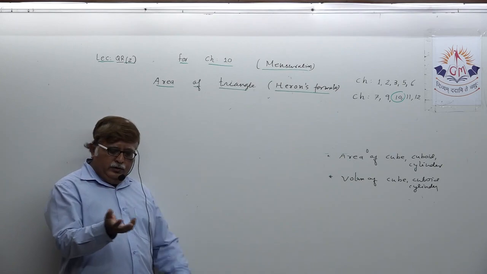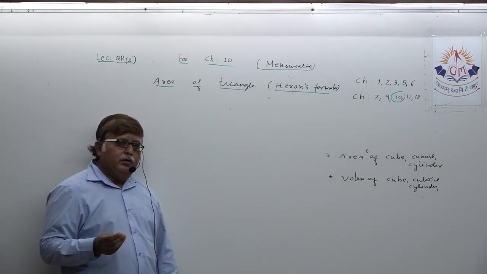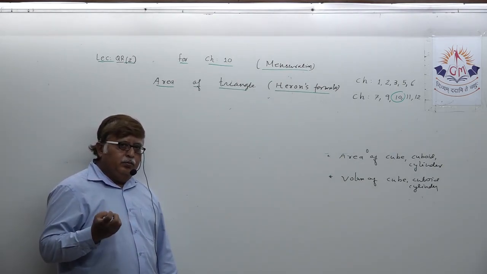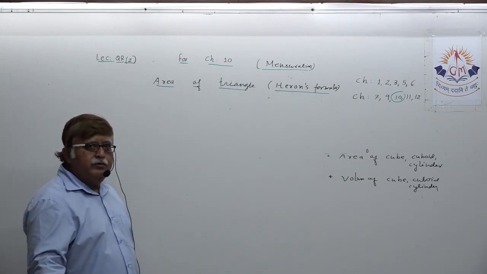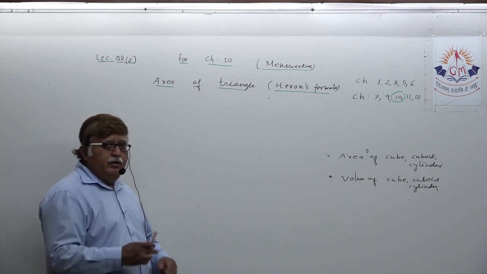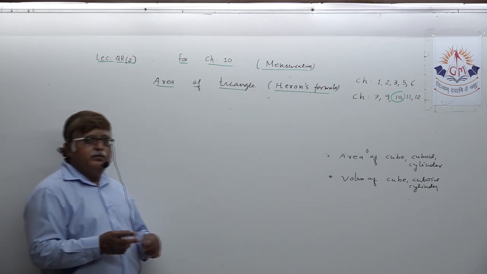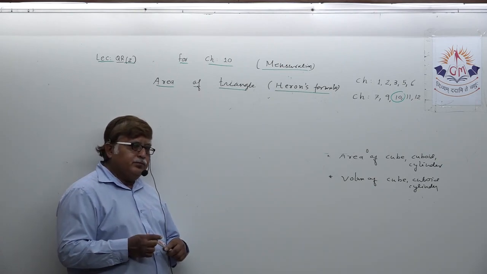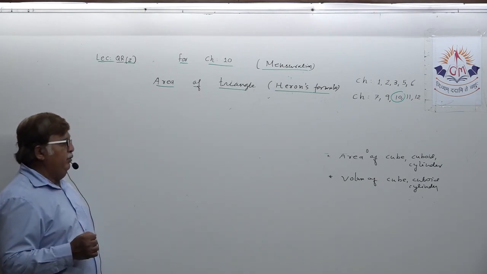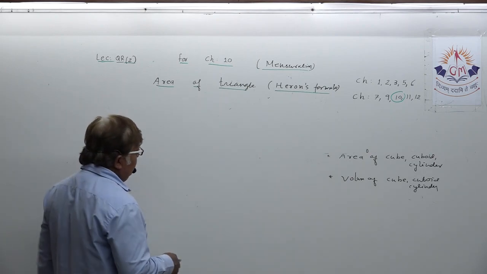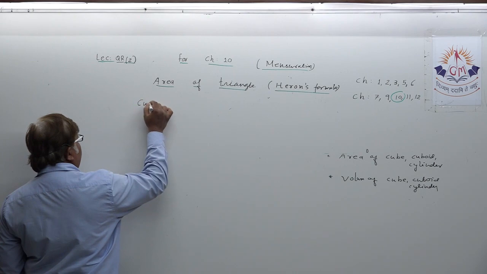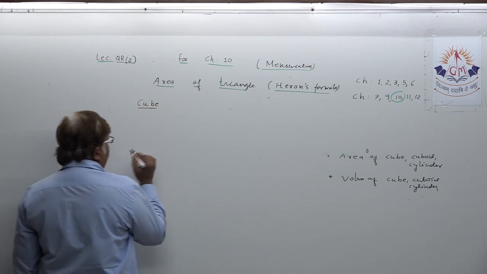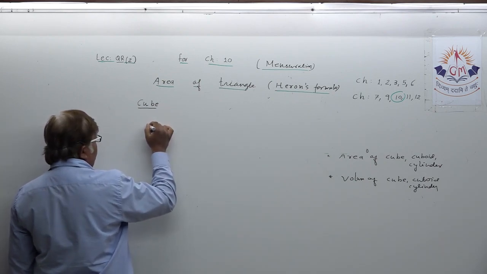What is important is you should have the knowledge about area and volume of cube, area and volume of cuboid, area and volume of cylinder. If you have that knowledge with you, it becomes sufficient for you. Okay. So just now, dear student, let us see. See, cube. First, if we are targeting cube, I am just going to give you idea about those formulas. Suppose this is a cube.